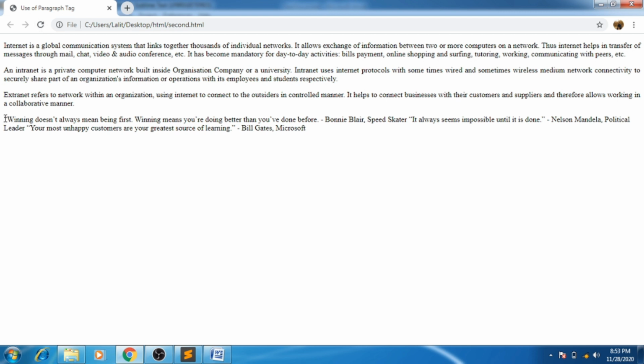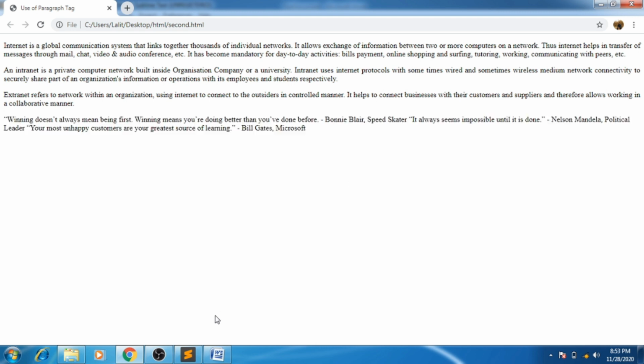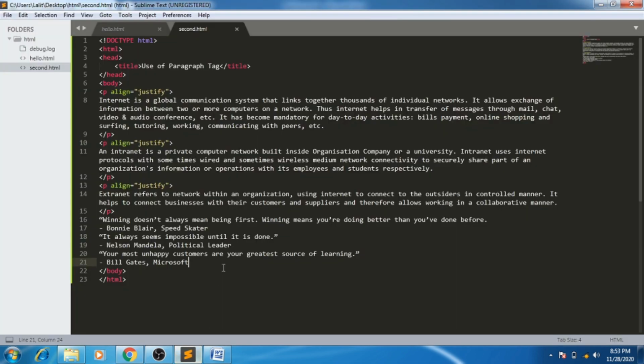The block of text is shown as continuous in the same line, but I want to show that block as it is, as I wrote it in the HTML editor. So I will write the BR tag after each line because I want to break each line.